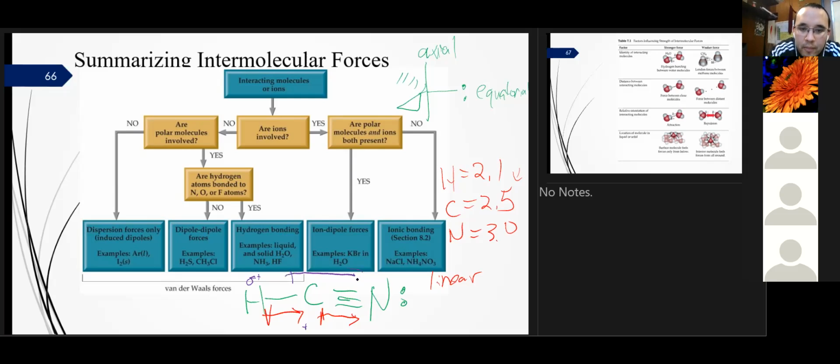Would it be an ionic bond? So it is not going to be an ionic bond because their differences are still not, from carbon to nitrogen or from hydrogen to carbon, more than 1.7. So they're still covalent bonds, but there's just a separation there, right? And so